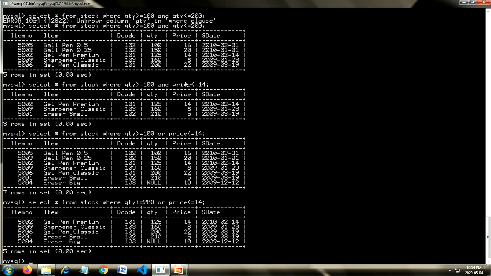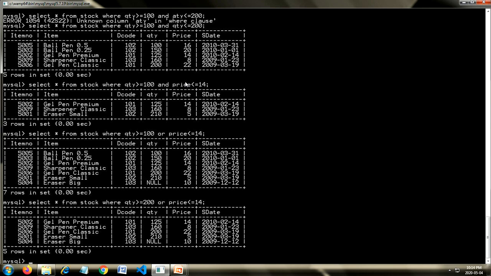So I hope my lecture is clear. So AND operator, OR operator, NOT operator. These three are the logical operators. AND operator is used when you want both the conditions or more than two conditions. If all the conditions are true, then you want to see the record, you have to use AND operator.